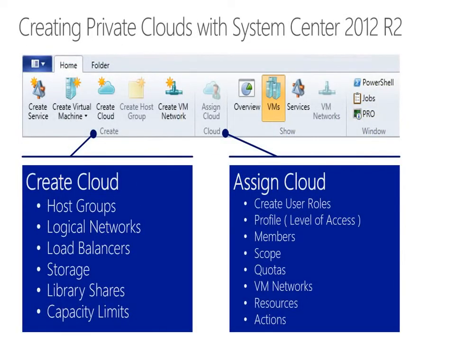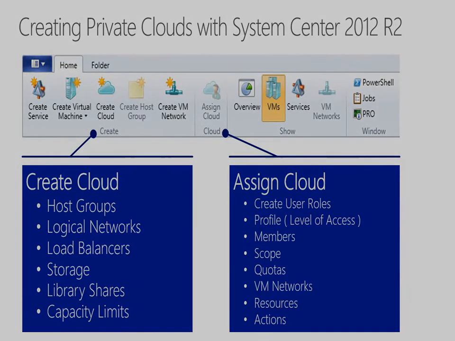Now, we also talked about management tools. And System Center 2012 R2 is our management tool set that provides the ability to